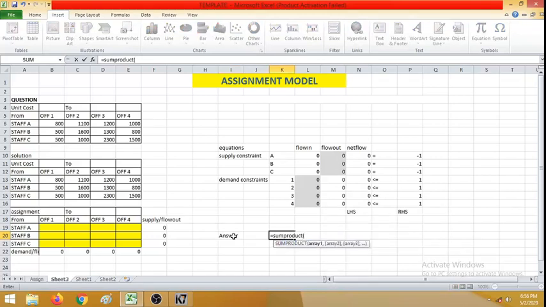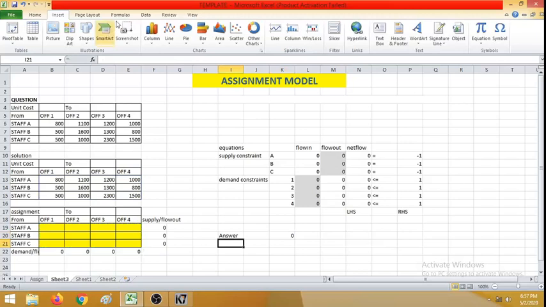So the sum product needs to have at least 2 arrays. So what are the 2 arrays I am going to use? One is the cost array, and the next array is the variable array, right? So the variables here, I'll be getting the answers here. Fine.